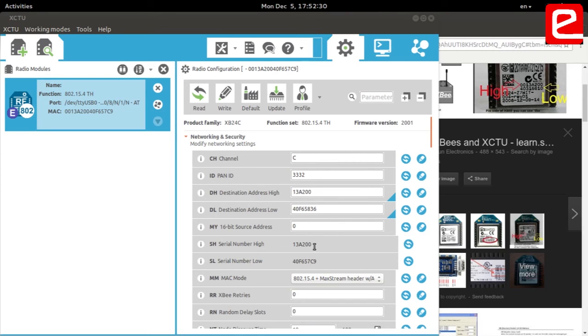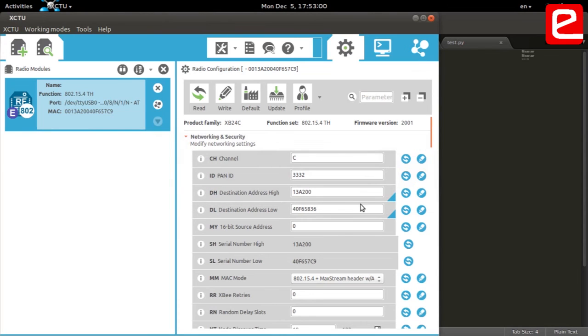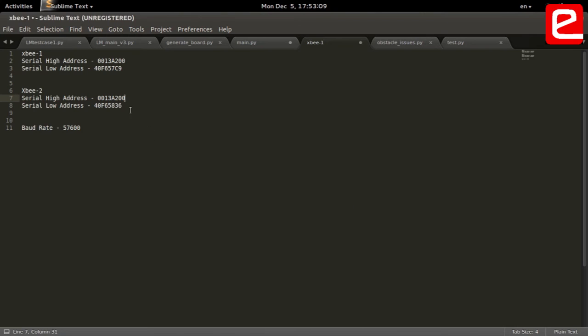You can see here the module that I have connected, its address. It has 2 addresses, a higher byte and a lower byte. The higher byte has an address of 13A200 and lower has this address. I have used a text editor to save my address. This is my zigbee 1 which has this address, and this is my second zigbee which has this address. What I will do now is take this address and paste it in the necessary field. I have the PAN ID as 3332 and I have 13A200, and I will take this address